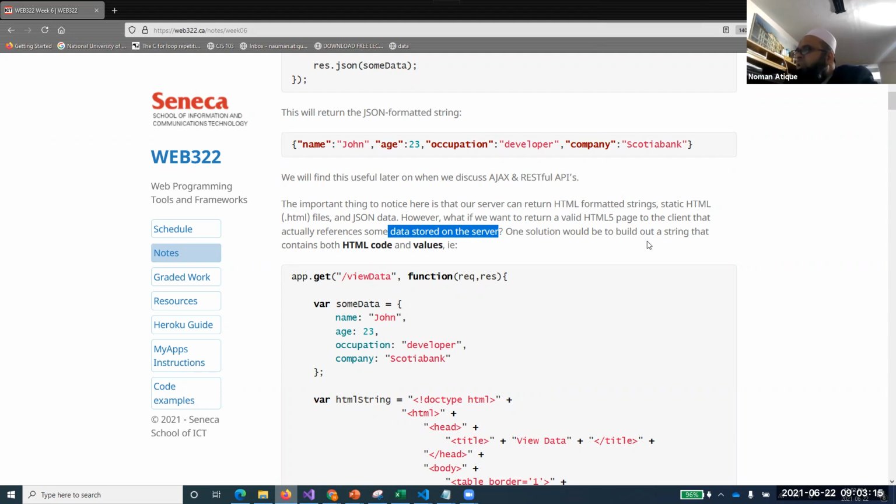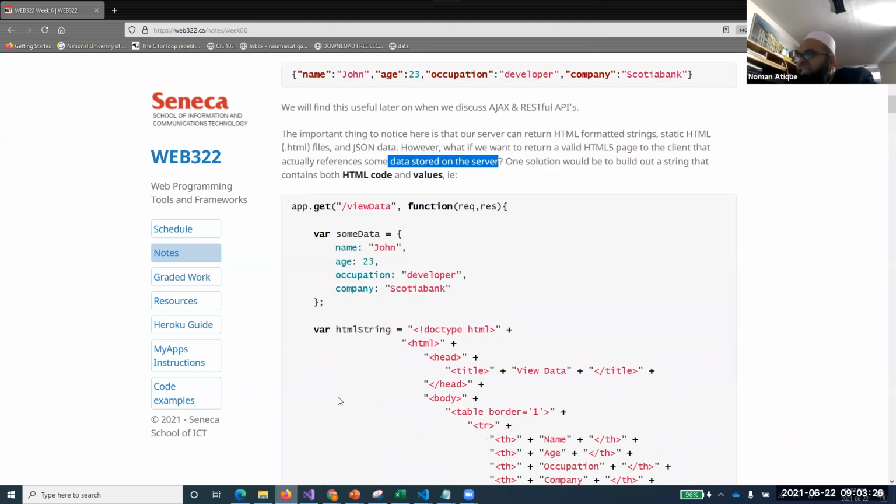So one solution would be to build out a string of content. I have multiple ways to do that, to get dynamic content. One of the ways, and a very interesting way, is this: say the data is some data equal to name John, age 23, occupation developer, company Scotiabank, and I want to convert that into an HTML string.